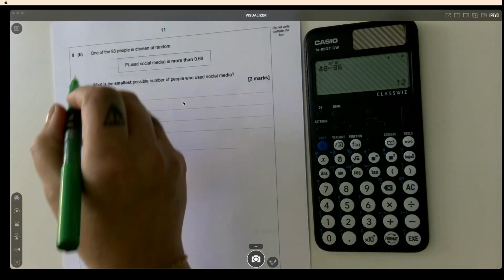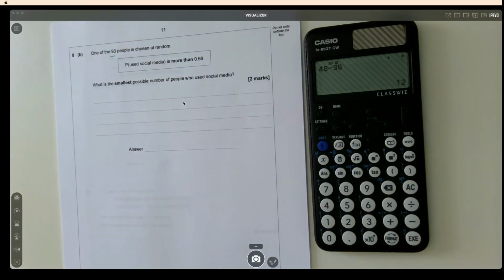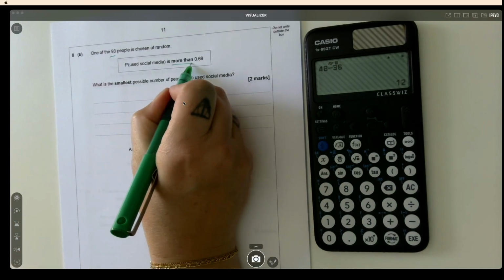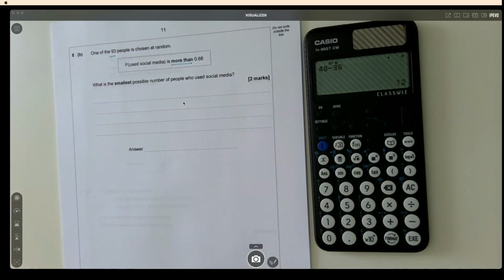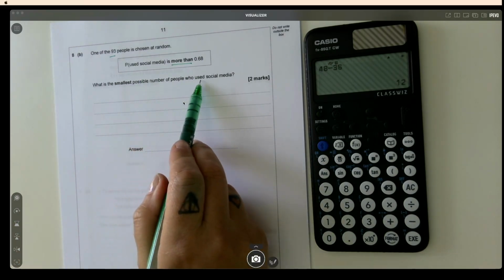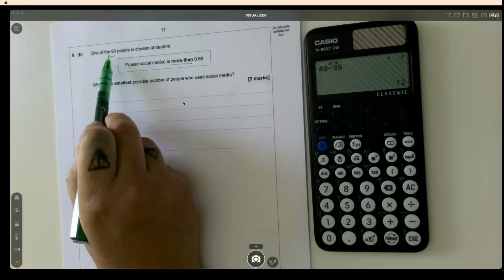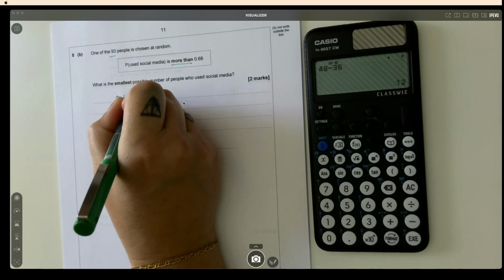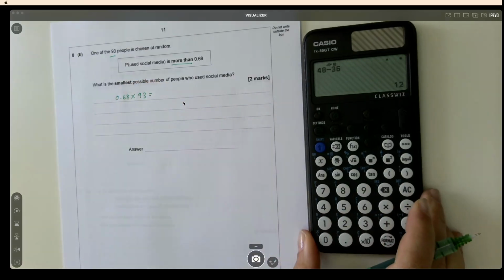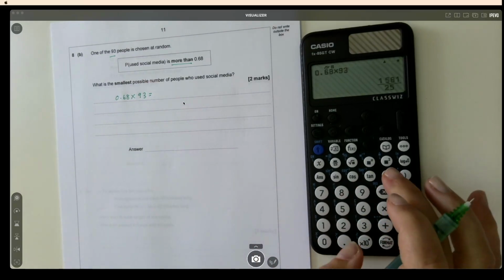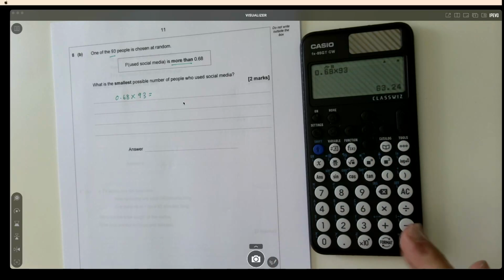8b. One of the 93 people is chosen at random. The probability that they use social media is more than 0.68. What is the smallest possible number of people who use social media? So we need to find out how many of these 93 people use social media. So we're going to take that probability and multiply it by 93. So 0.68 multiplied by 93 gives us an answer of